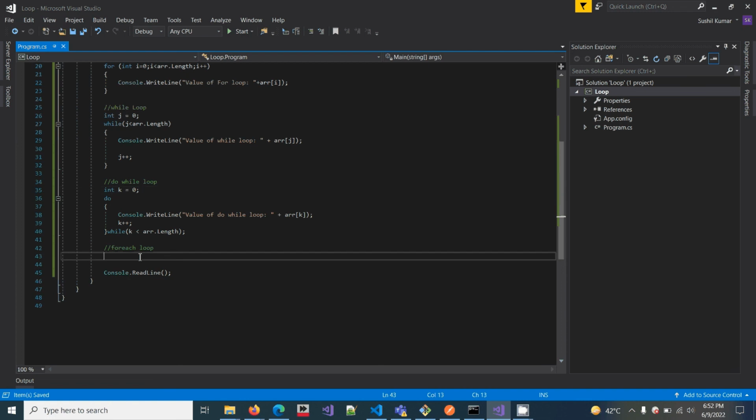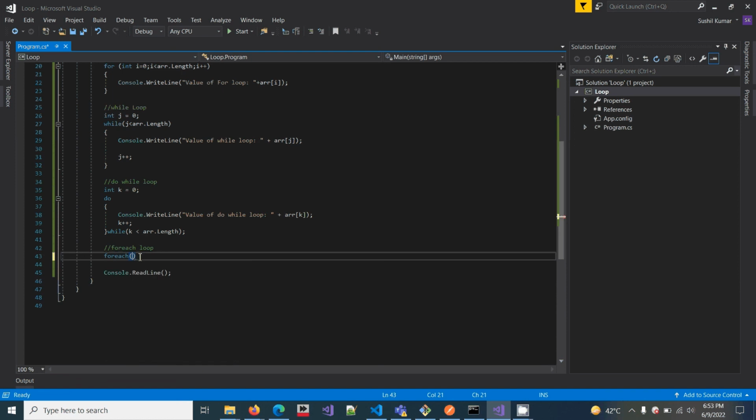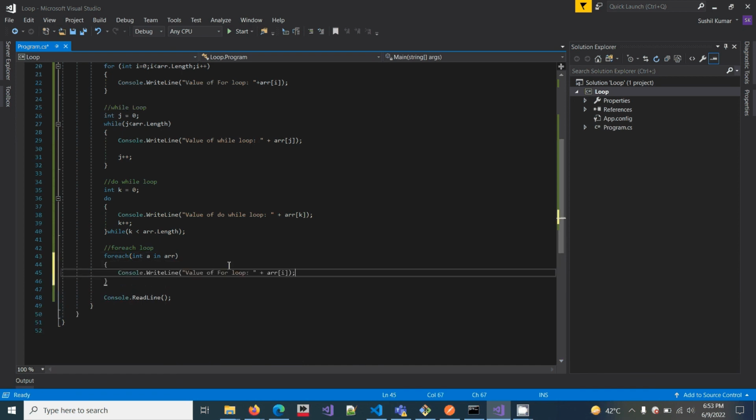What about the for each loop? You can't jump anywhere. In a for each loop you sequentially read values from an array. For example, you can write string type value in array. So for each, you don't need to define an index; just print a.